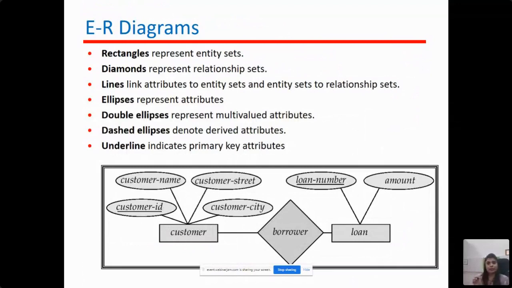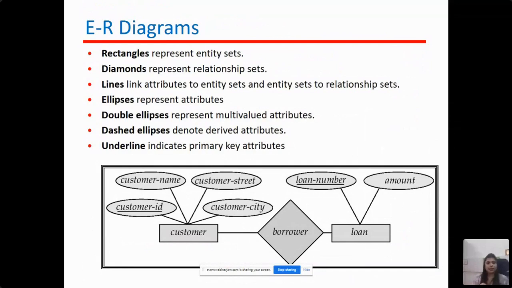And double ellipse, this is important. If a double line, as in a double ellipse, is shown, then that represents the multi-valued attribute. And dashed will show the derived attribute. Multi-valued attribute, like if in a database we are maintaining, suppose, two different phone numbers for a particular student, or for a particular customer. So when we are maintaining more than one value, that particular attribute we are going to show by a double